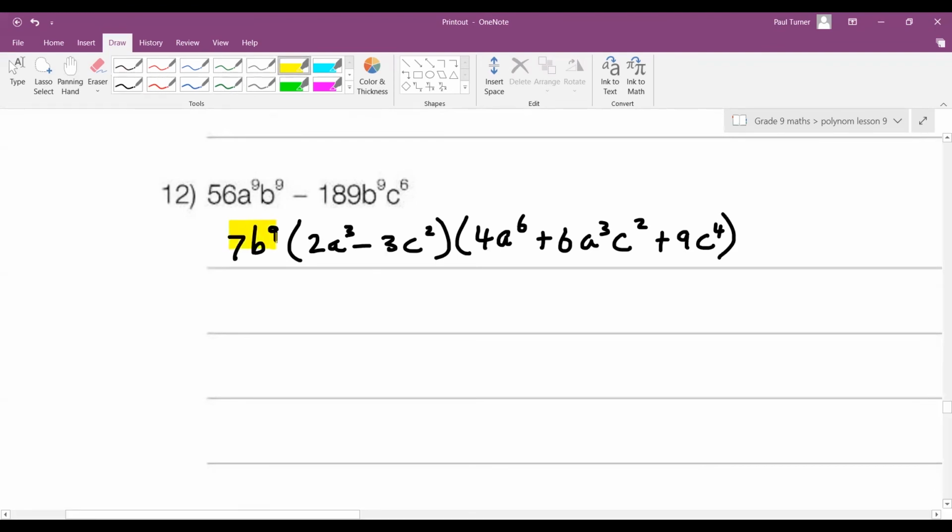First factor, 7b^9. So that I initially factorized. Second, 2a cubed minus 3c squared. Then the third factor here. So that's your answer for 12. For those of you who have already finished, that's your answer. Okay, that's question 12. We have a few minutes left, so